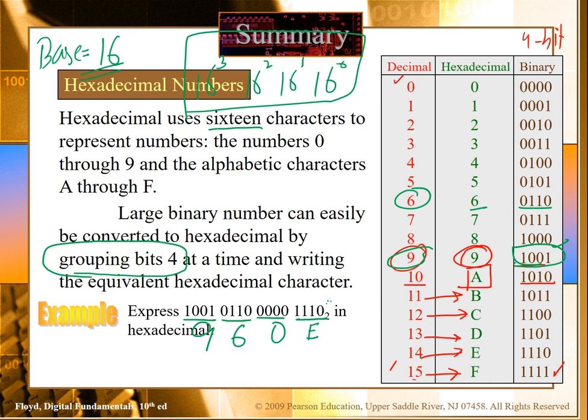So we can convert this 16-bit binary number to this hexadecimal form. This is more compact, and less prone to error, like when you are typing and making a mistake. So instead of writing this 16-bit binary number, you can forward the command 960E in hexadecimal to the microprocessor.